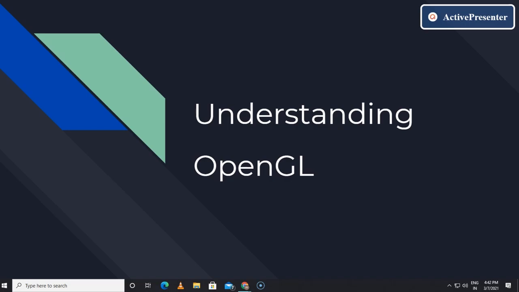So, as all of you are here, I'm guessing you are eager to learn OpenGL. Well, before learning how to use OpenGL in our program, let's delve a little bit deeper and understand how OpenGL works. Well, before that, I would like to talk about something.